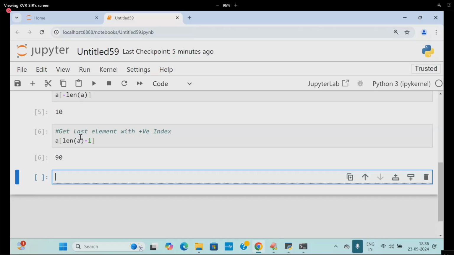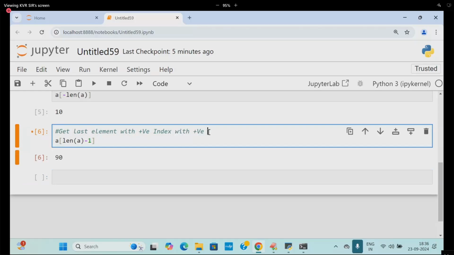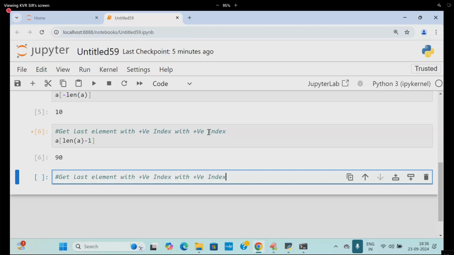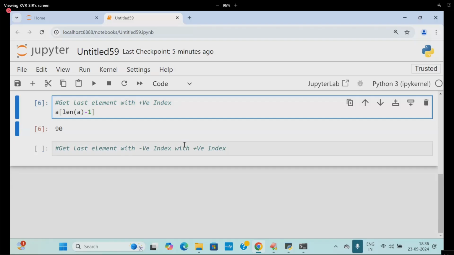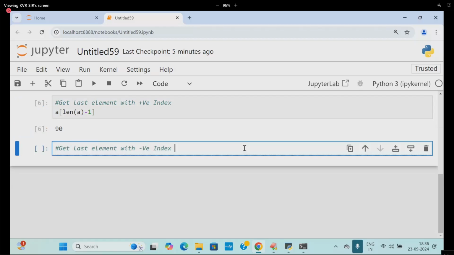Next, get the last element with a negative index, as already written: a of minus 1. This is related to the 1D array indexing operation.